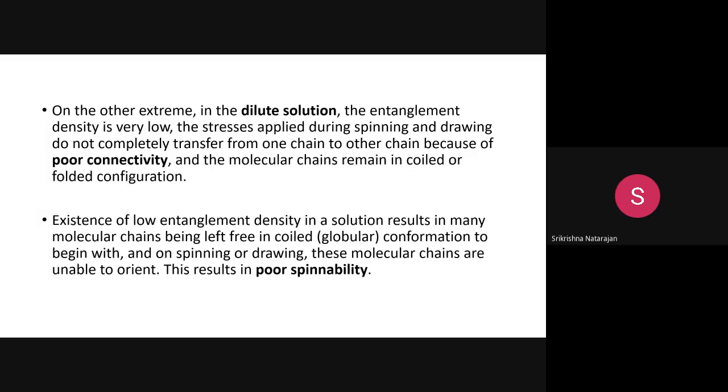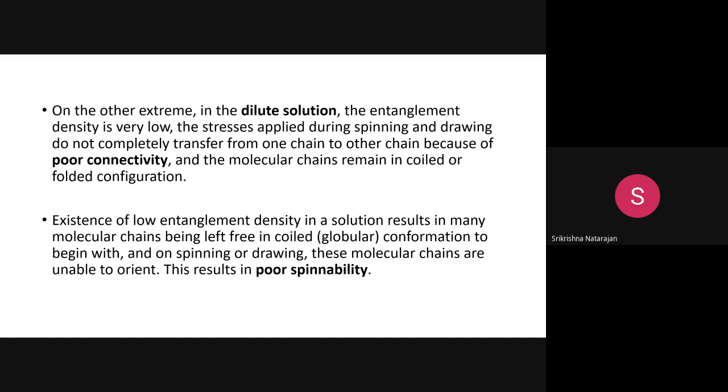If it is dry spinning, what will we do? We will extrude it in dry air. If it is wet spinning, what will we do? We will extrude it, and then we will use a non-solvent for removing the solvent. Two-way mass transfer will happen, and finally we will extrude the filament.